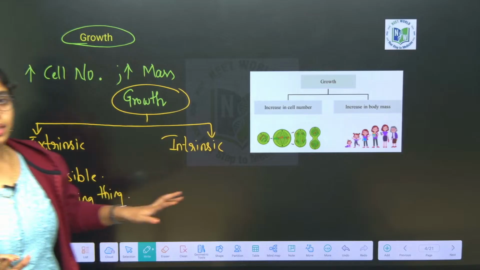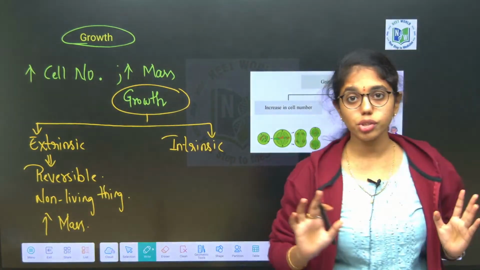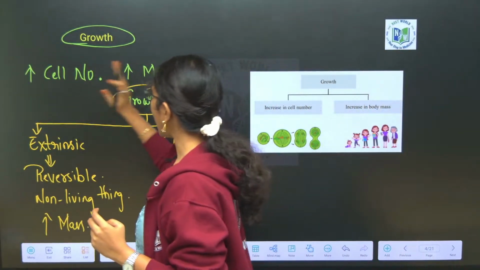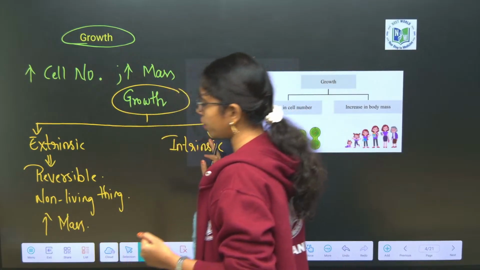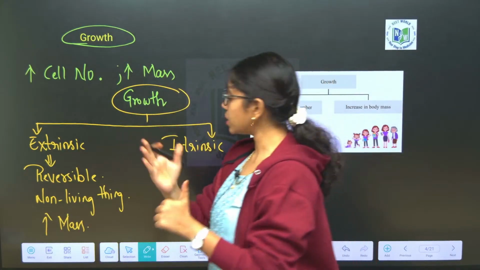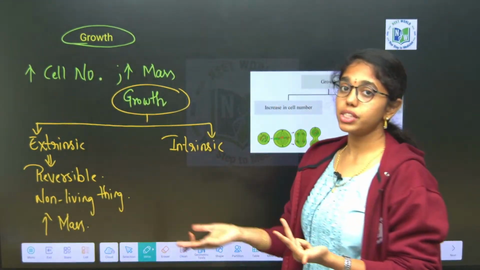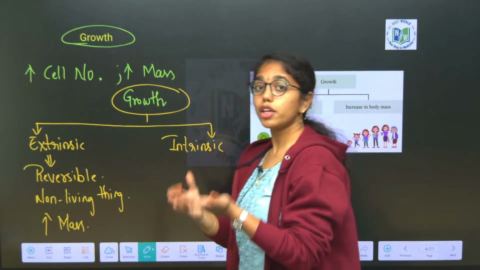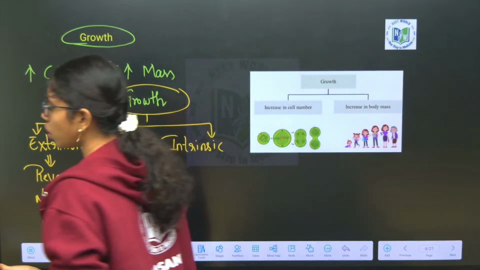So, what is growth? Increase in cell number and increase in body mass are the twin characteristics of growth. We have two types of growth, extrinsic growth and intrinsic growth. Extrinsic growth is reversible, occurs in non-living things, and it majorly is about increase in mass. Mostly it occurs like a pile or huge mountain growth, that is extrinsic growth. Intrinsic growth, if we have to see,